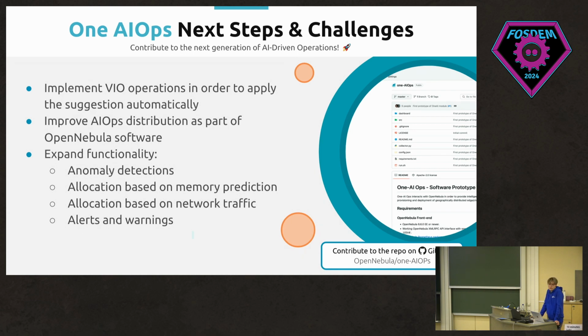This project is totally open source, so you can go to the repository on GitHub and collaborate and suggest new features and changes.